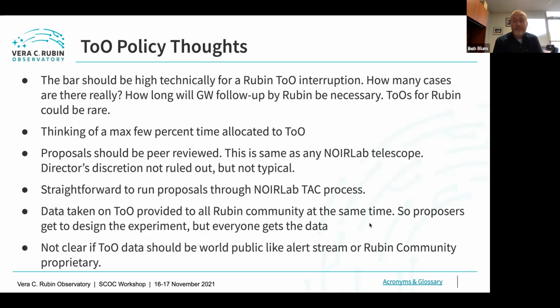And if it came from Rubin, if we thought for any reason that there might be more data needed, like image data particularly, that would cause an issue with our data rights policy, and we'd have to think it through. So those are my initial thoughts. I'm happy to take discussion.